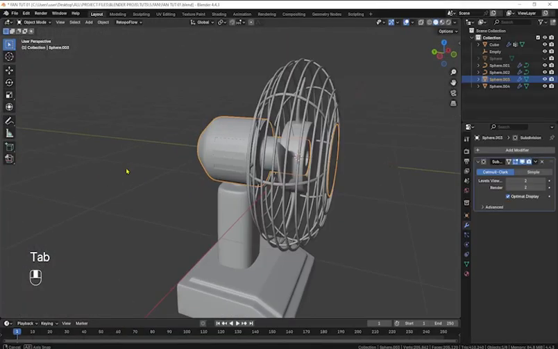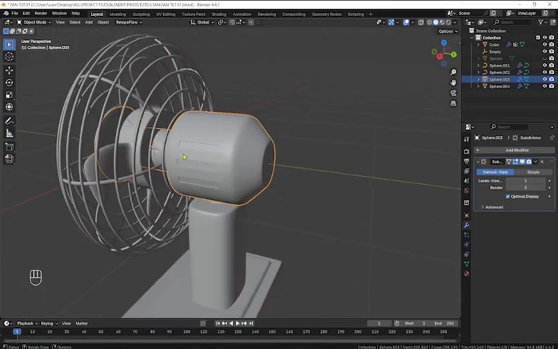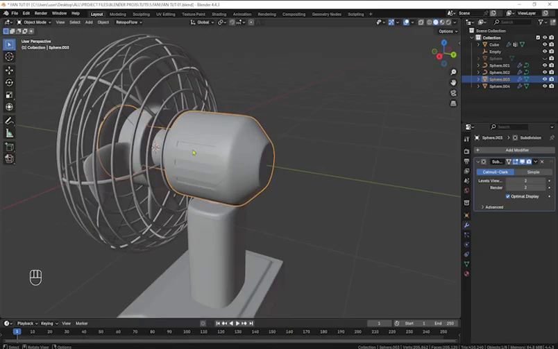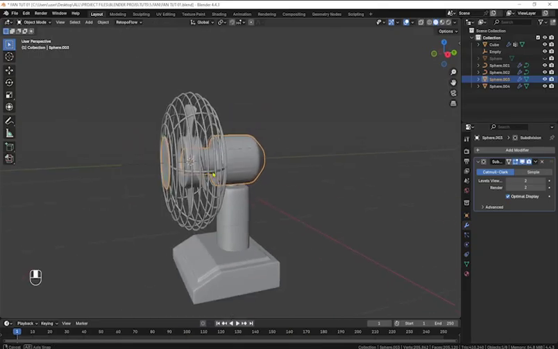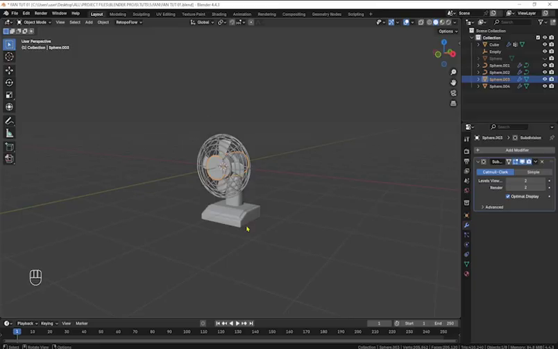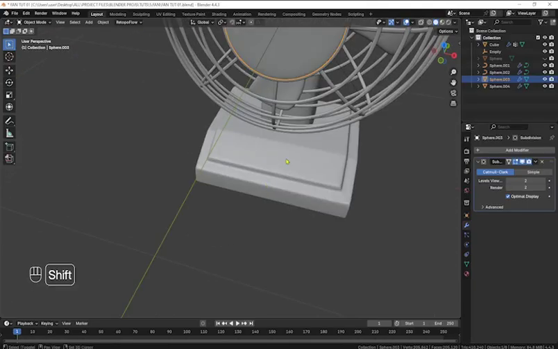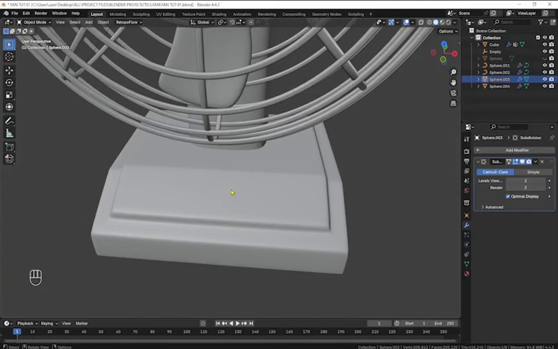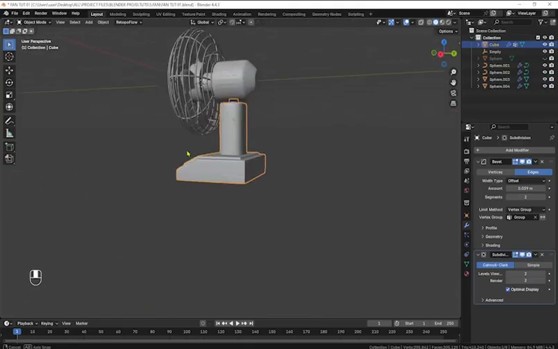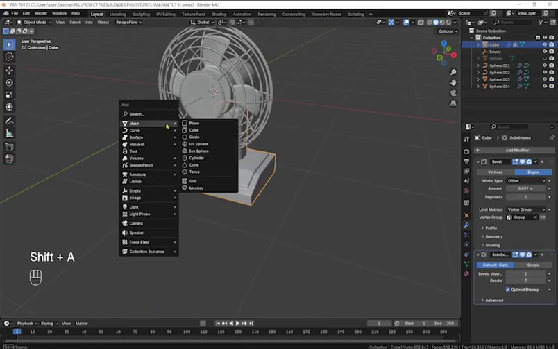Okay, so now we have our, I don't know what to call it here, but we have these edges over here. Okay, so we're basically done with our form. So the next thing we can model is the regulator. So for the regulator, we can just bring in our cylinder,